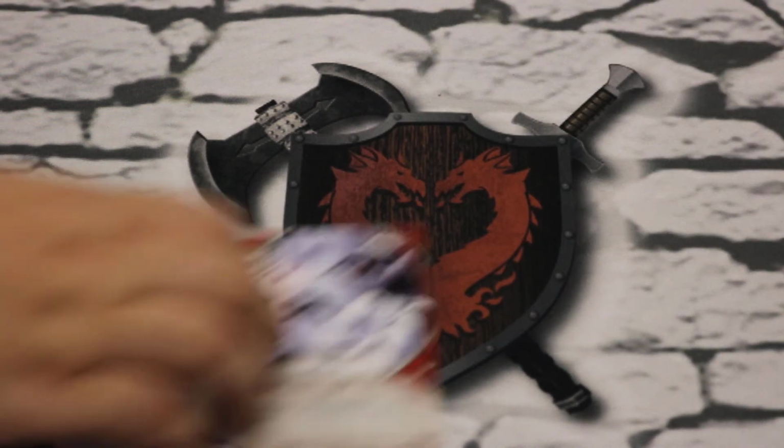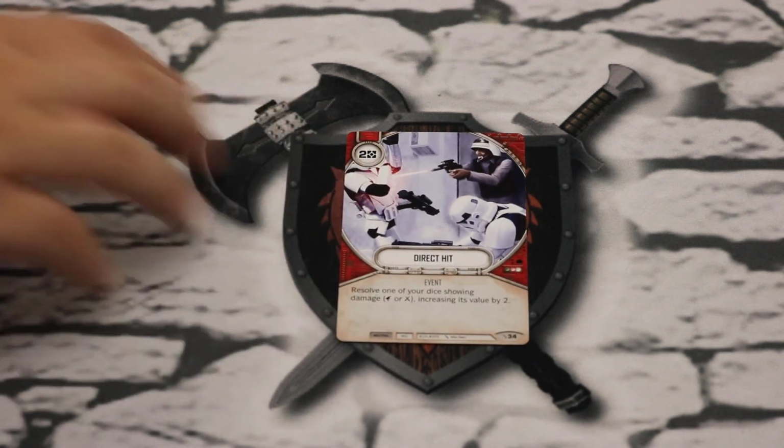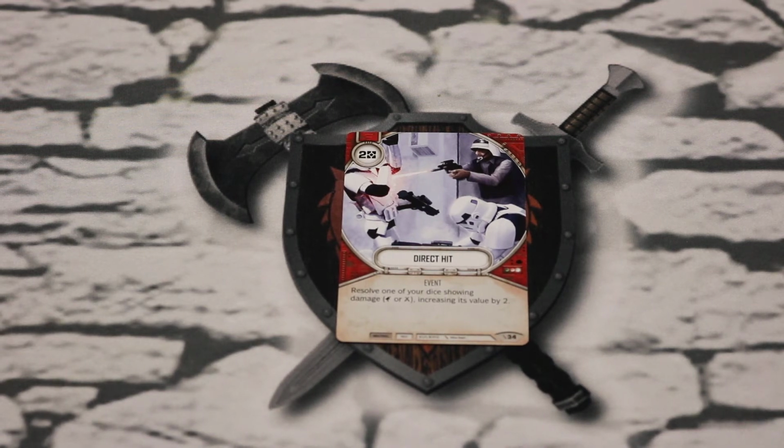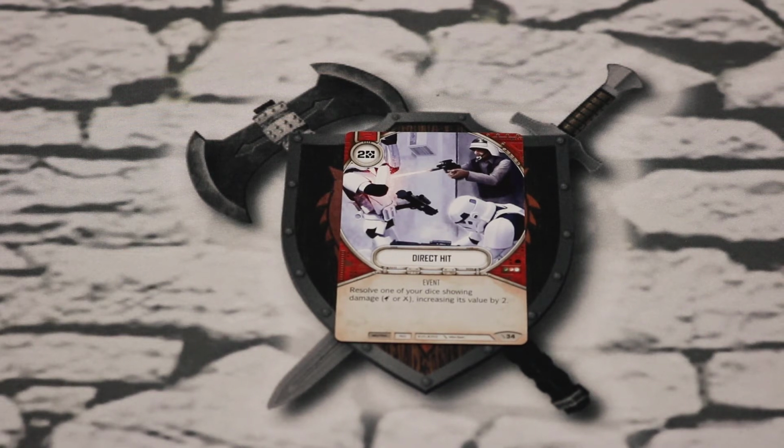Up next we have Direct Hits. Resolve, 2 cost. Resolve one of your dice showing damage, increasing its value by 2. So it's close to 2 Natural Talents put together, which is a card from Awakenings. Yep, for 1 cost, increasing a die by 1. Yeah. So having 2 of those,